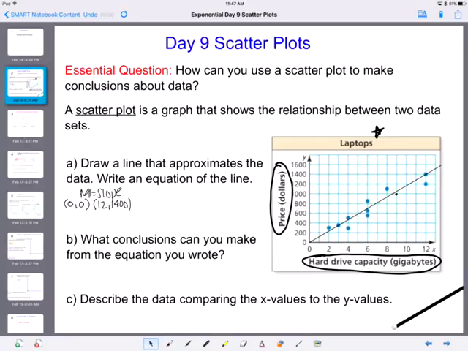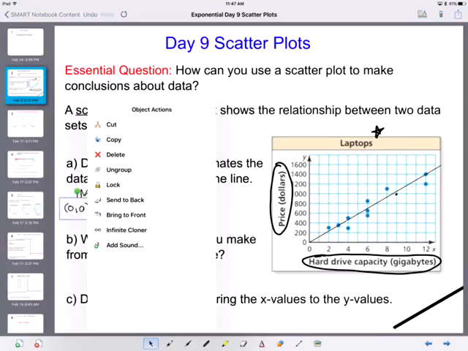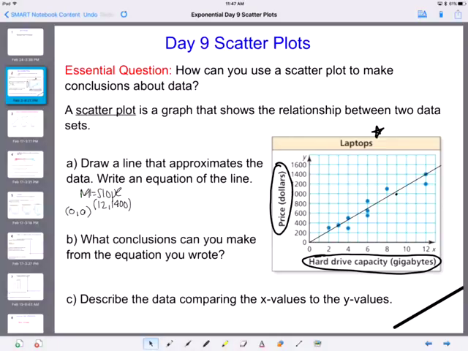So I can do my rate of change, 1400 minus 0 over 12 minus 0. And 1400 divided by 12 gives me a slope of